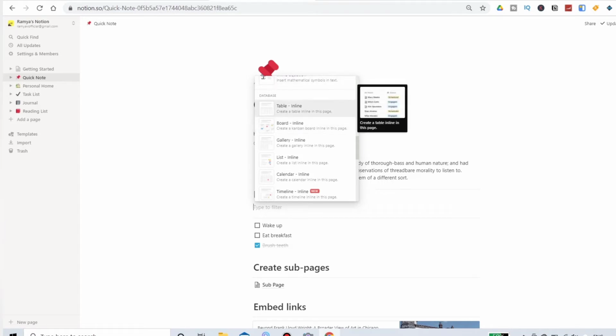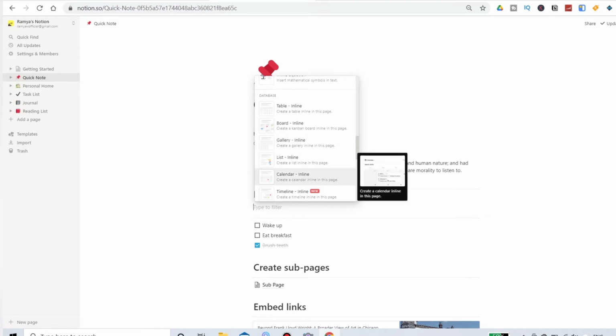Board, as you can see, is a Kanban board, and gallery is where you have all your database sorted out in image form. Then list, then calendar, which is date-wise form, then timeline is time form. This is full page. There are so many block types. You can go through this.